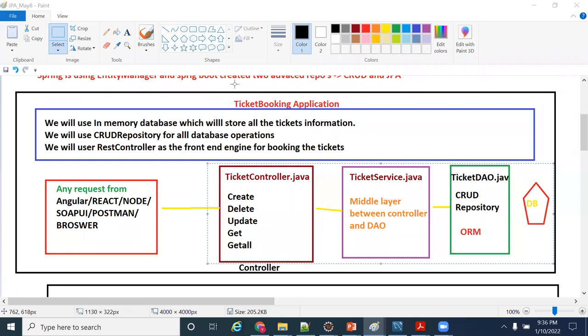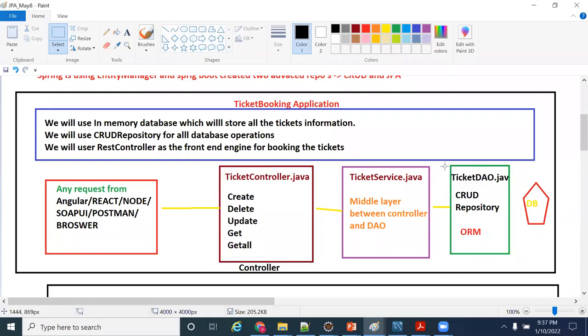Now, whatever we are explaining in JPA, which layer does it come into? Any idea? Is it the controller layer, the service layer, or the DAO layer? DAO layer. Correct answer. Why is it the DAO layer? Because this is an independent component.